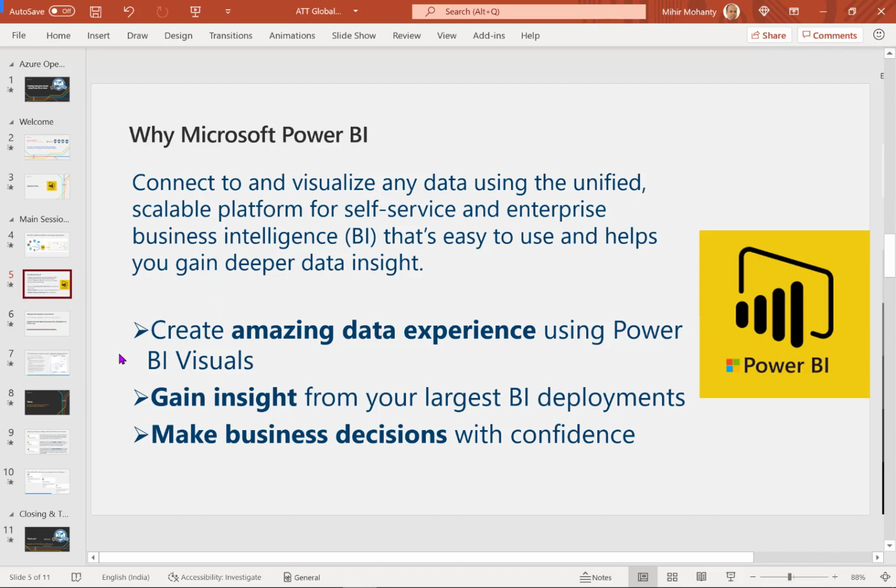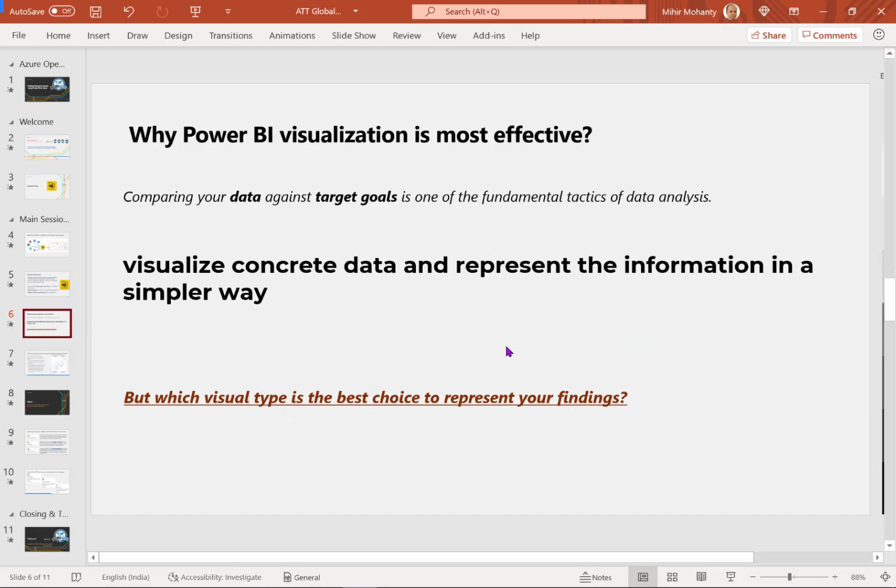And if all these points are there, why should we rely on, or why can Power BI give you the most effective visuals? The reason is that as and when we create visuals, we need to rely on data, and on the basis of data, we target some activities or deliverables which are aligned to our business, and on the basis of that, we are going to create our visual experience.